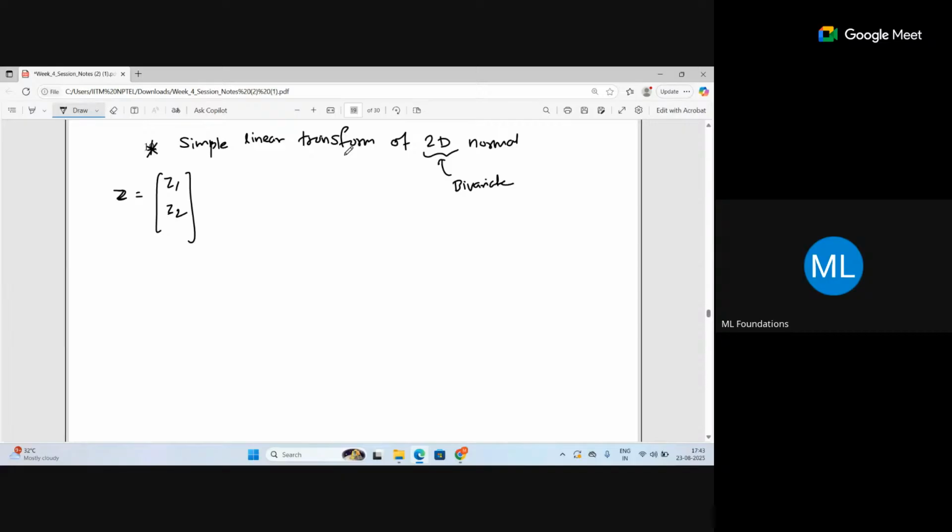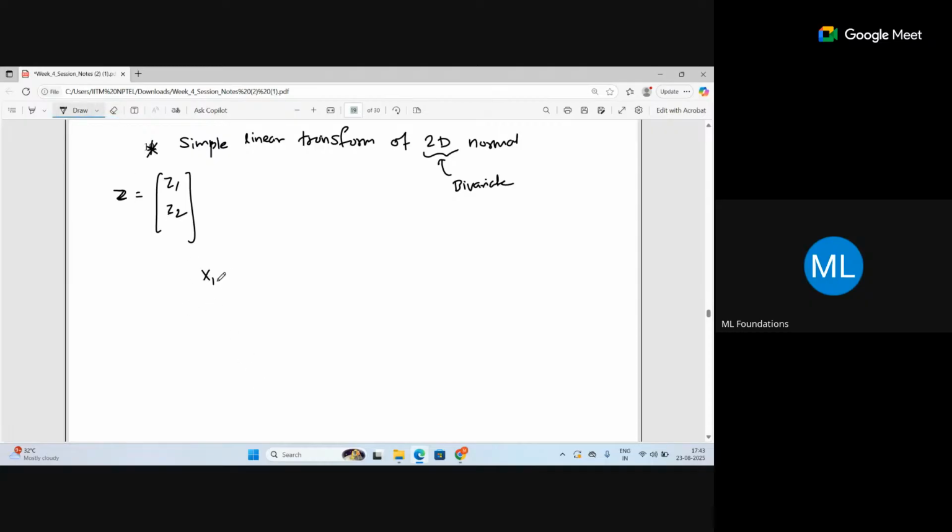So the exponents will not be there, right? So any x1 square, or let's say if you have random variables there, it will not be in square terms, it will not be in higher order terms. It will be only linear terms, like the order will be 1 for the random variable, right?